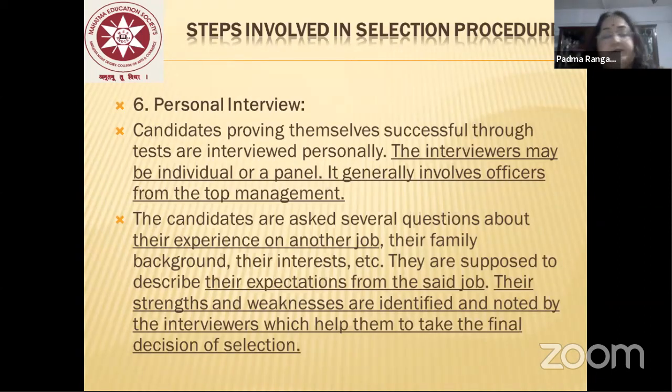तो इंटरव्यूज में भी इंडिविजुअल और पैनल जनरली इन्वॉल्व ऑफिसर्स इन द टॉप पोजीशन। तो इंटरव्यू लेने वाले लोग एक टीम होता है जिसे हम पैनल ऑफ इंटरव्यूअर्स कहते हैं। एंड जो क्वेश्चंस पूछा जाता है इंटरव्यू में, द कैंडिडेट्स आर आस्क्ड सभी क्वेश्चंस। कौन से वाले क्वेश्चन? तो इट विल बी पर्सनल एज वेल एज टेक्निकल। तो जो टेक्निकल या उनके बैकग्राउंड के बारे में, देयर एक्सपीरियंस ऑन देयर जॉब, देयर फैमिली बैकग्राउंड, देयर इंटरेस्ट, दे आर सपोज्ड टू डिस्क्राइब देयर एक्सपेक्टेशंस फॉर दिस एस्पेक्ट ऑफ